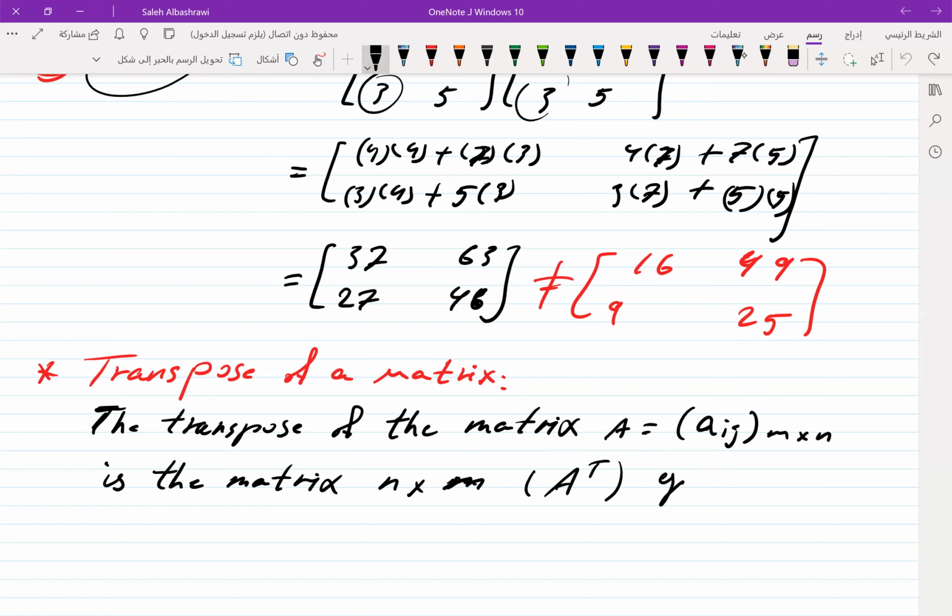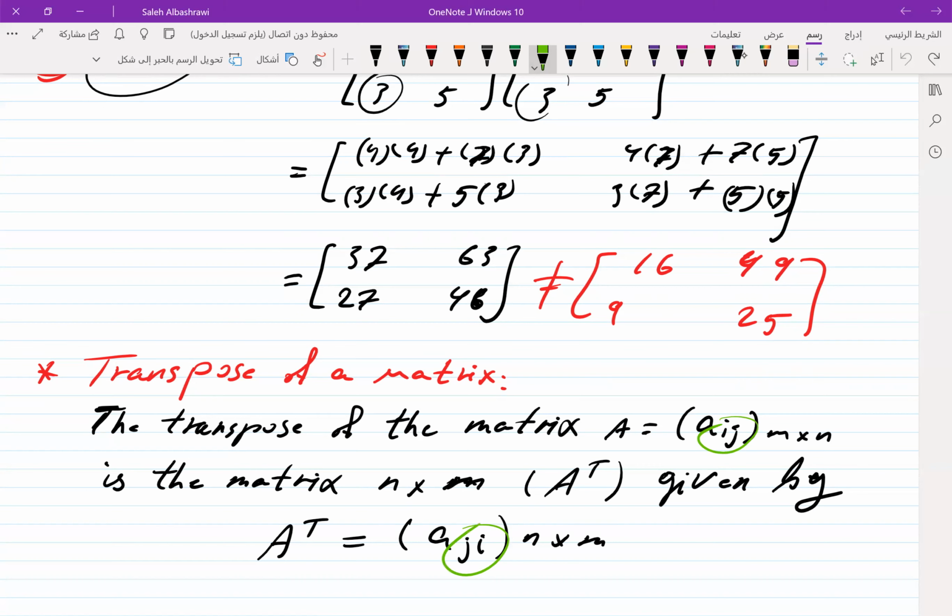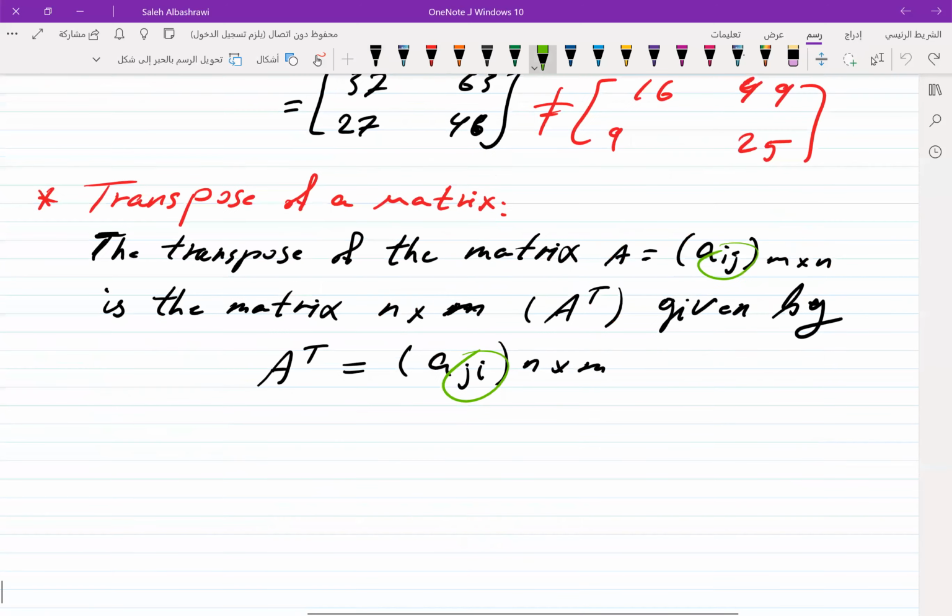Given by A T equal to a, N by M. The element of the matrix A is given by IJ. This is JI. Means we are reversing the order, making the column equal rows or rows the column of the new matrix. For example,